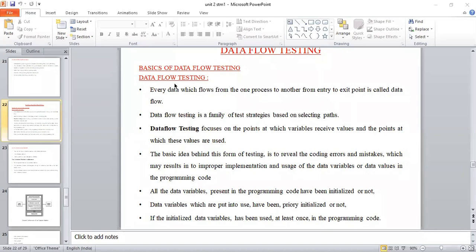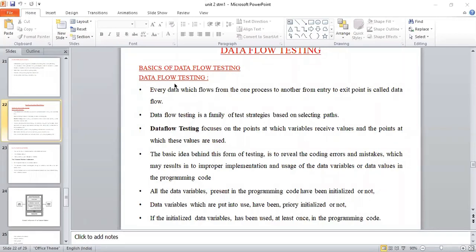In the first part, we said that when a transaction flow is represented, it contains different operations. A transaction contains a set of operations that are represented from the entry point to the exit point. Like that, the data flow is also represented between the entry point and the exit point. Here data flow means the connections, the flow represented between data.